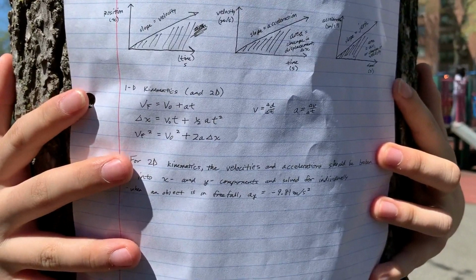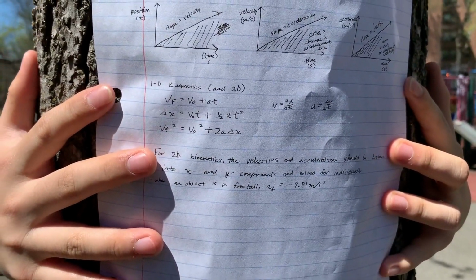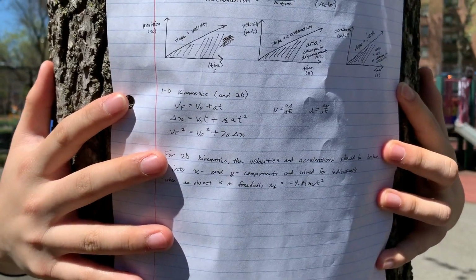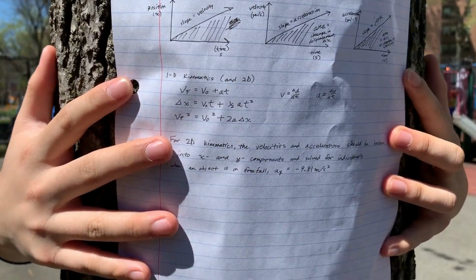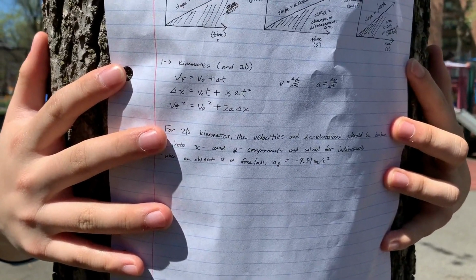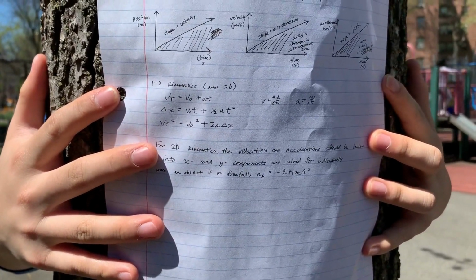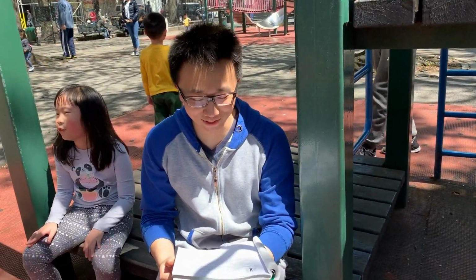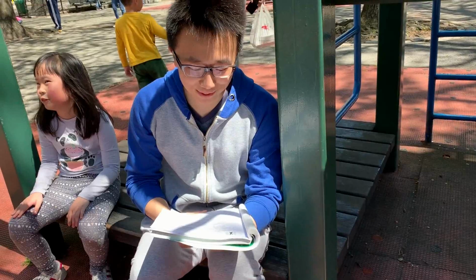For 2D kinematics, the velocities and accelerations should be broken up into x and y components and then solved for individually. When an object is in free fall, the acceleration in the y direction is negative 9.81 meters per second squared. Okay, I think